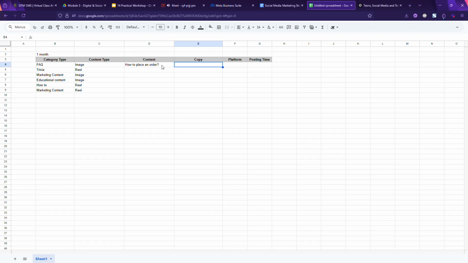So this is inside an image. Or the content can also be like this, an image of a team with a play card in hand, written how to place an order,